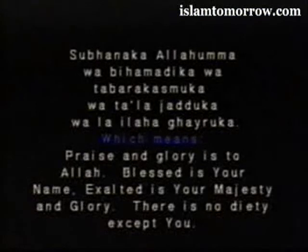And you take both of them and you rest them on your chest. And after this, by putting them here, you start saying the opening dua. You can choose between many duas by saying, for example,